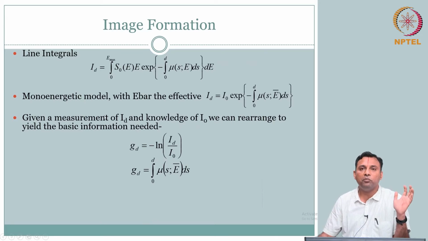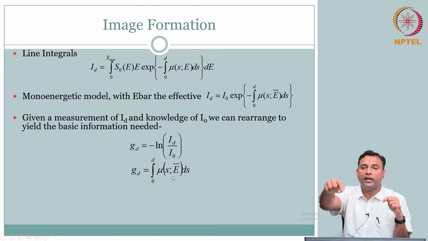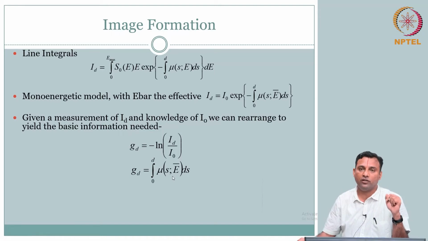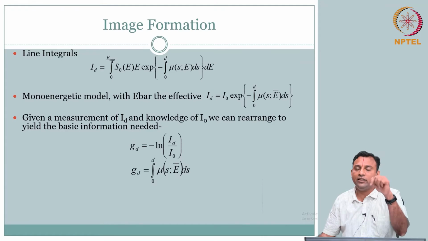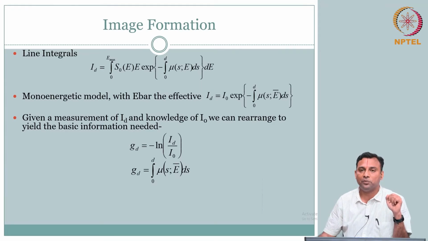Kind of what we knew from before, we have just customized it. So what is our goal? Our goal is, given GD, which I have measured, how do I say how it came from? What is the mu distribution? I am not interested just in the sum. I need to know at each location what is the contribution, what is the mu.